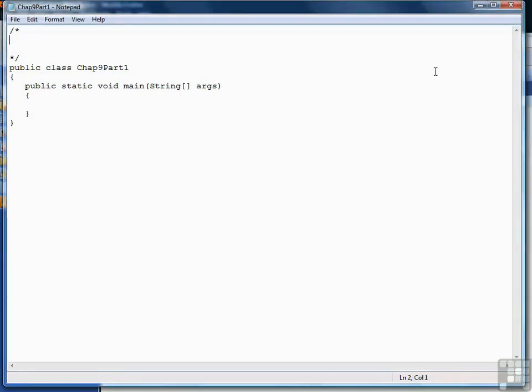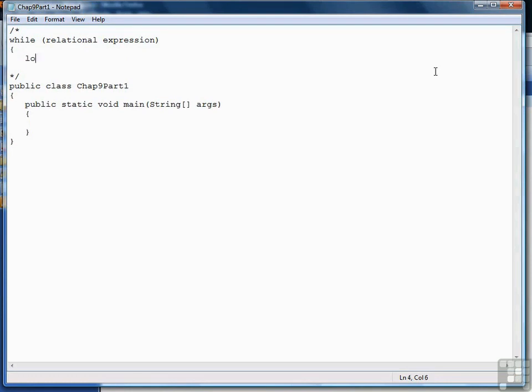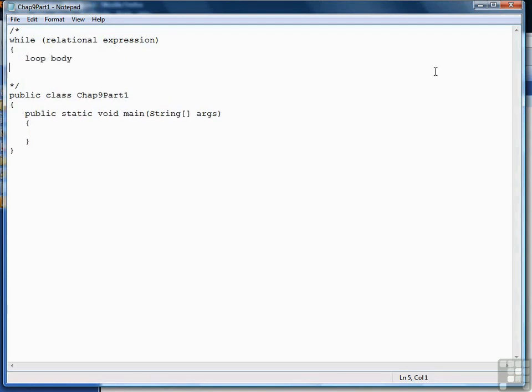The while loop's form is really quite simple, so let me write it out for you right here. The while loop works like so. We start off with the keyword while, followed by a relational expression. That relational expression is tested to see if it's true. If it's true, then we move into the loop body, which consists of several statements, or as many statements as